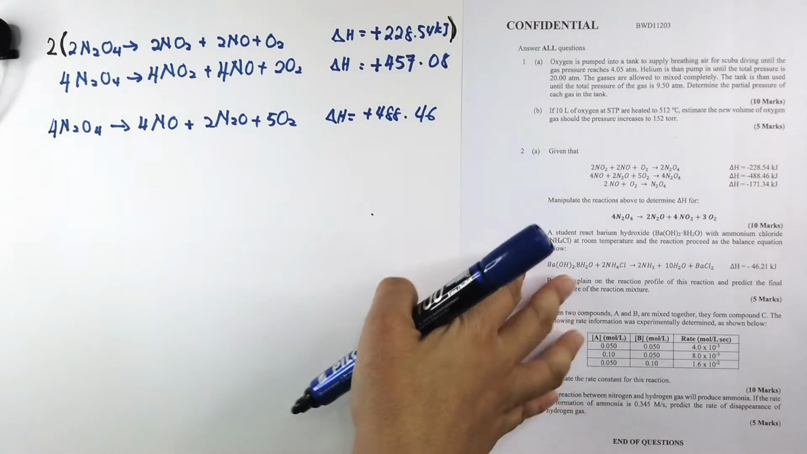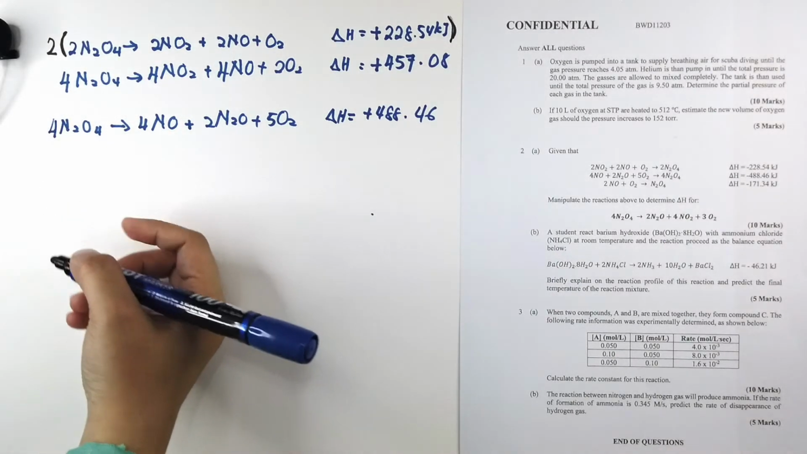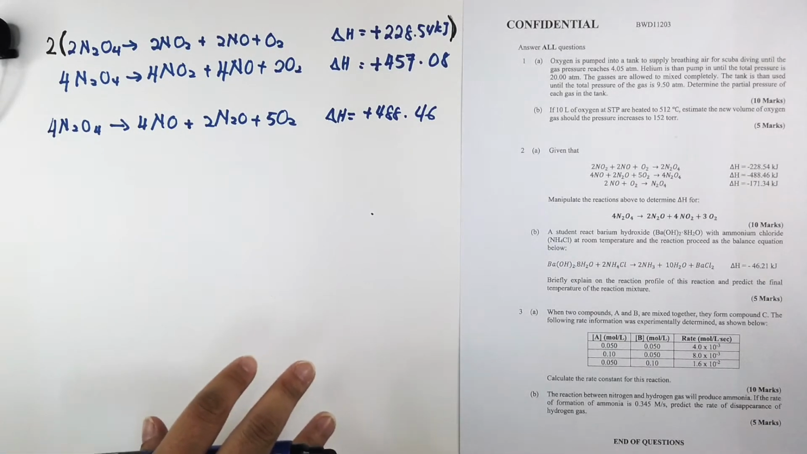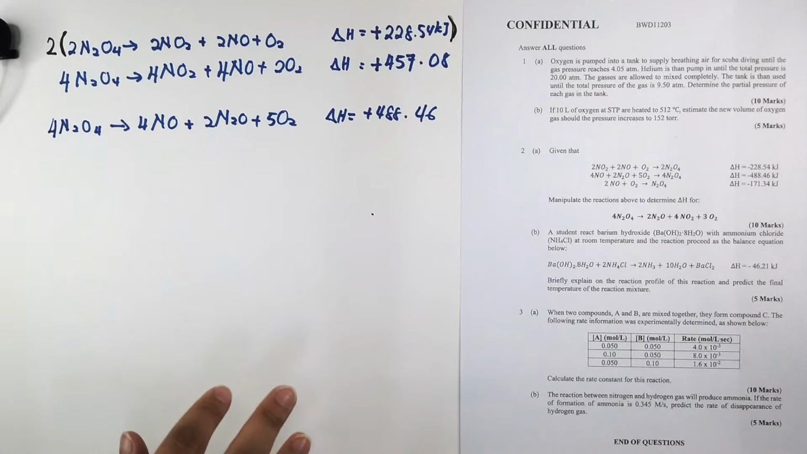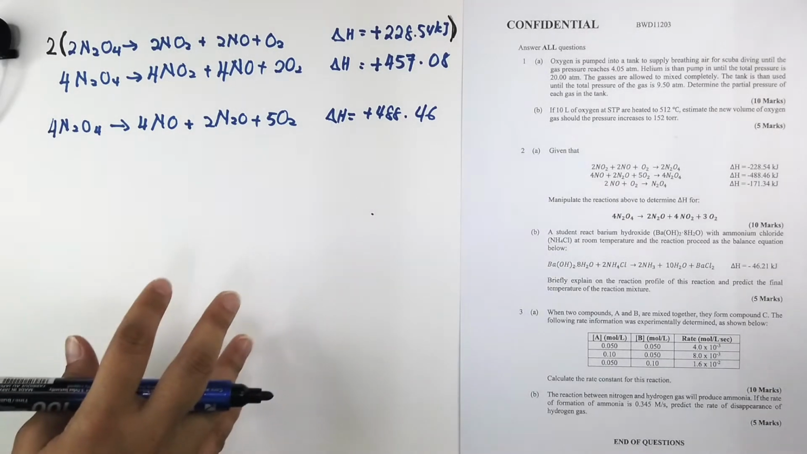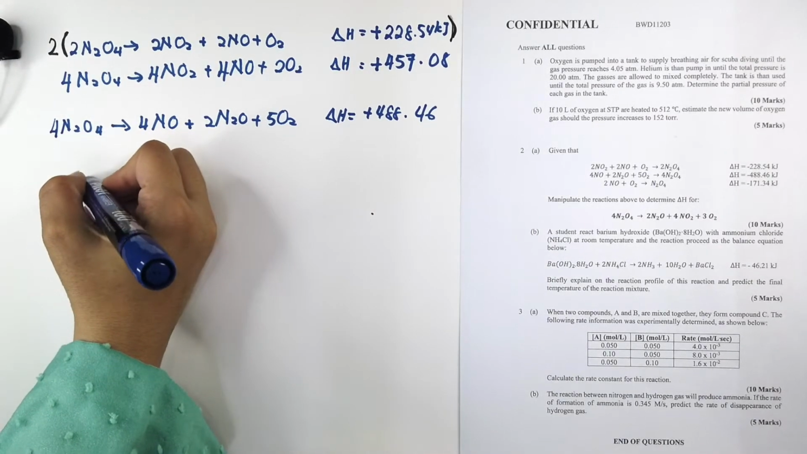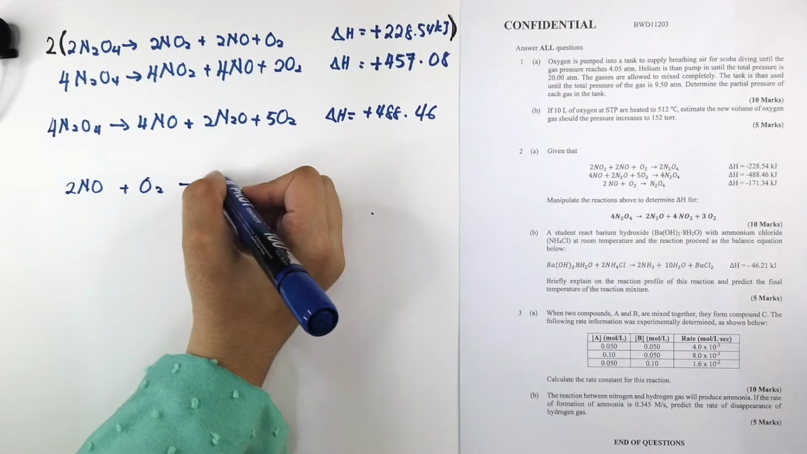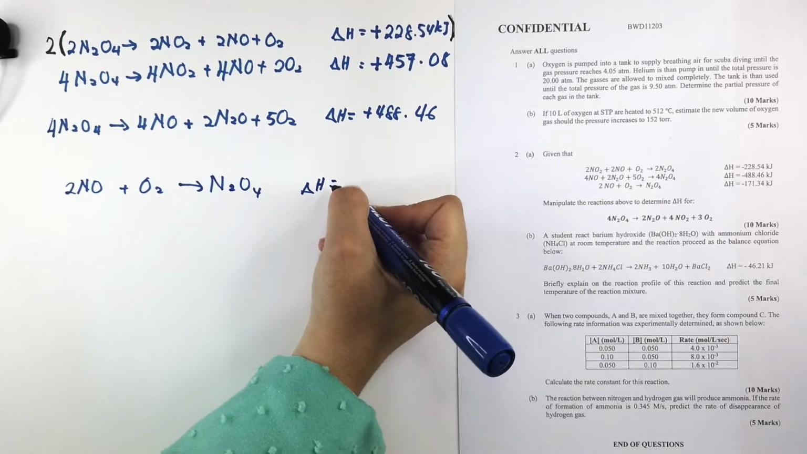So the third equation is 2NO plus O2 will produce N2O4. So from here, what we look at is the position of the elements is okay, so we don't need to change the position, but we do need to do something with the equation. So you just have to copy the same equation, which is 2NO plus O2 shall produce N2O4, equivalent to delta H equivalent to negative